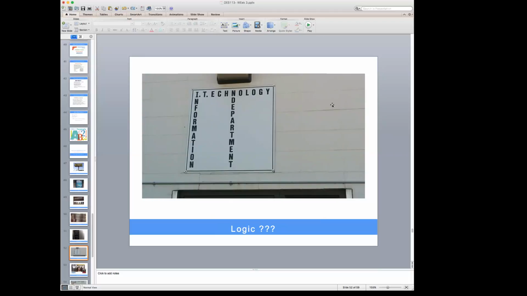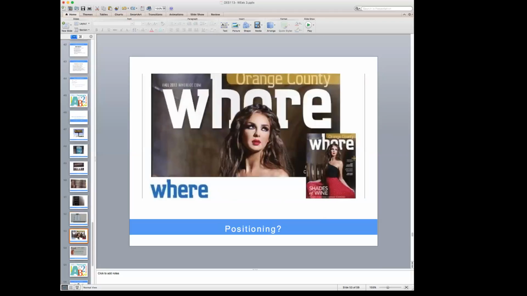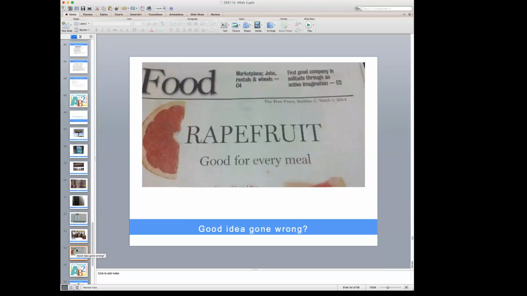Usually if you're going to run text vertically, it's because you're spelling out an acronym, but this is just kind of all over the place. So it doesn't really follow a grid system at all. Okay, what about this one? Orange County Wear Magazine. They put their model in a very interesting place. What do you notice? Yeah, the placement. It makes the word read a little differently, which is a shame too. So again, we want to make sure we're not stacking text on top of text and we're giving breathing room, and we're paying attention to where we're placing our elements, especially in our layout and design.